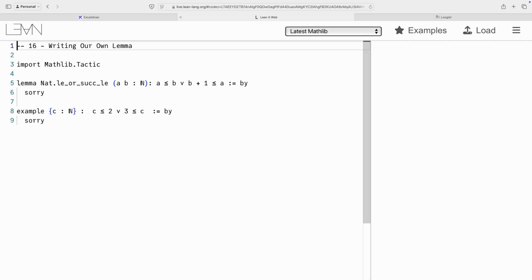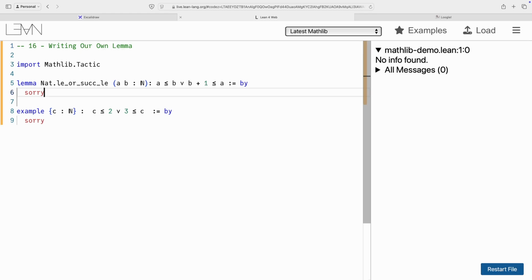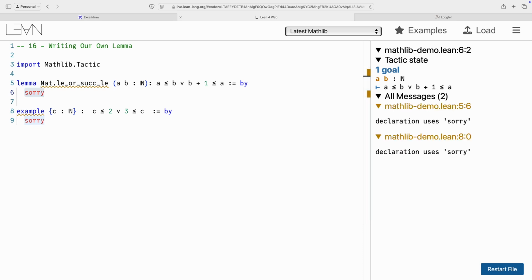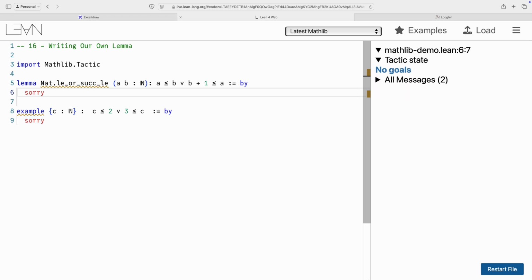and it's saying, yeah, mark it with a warning that we haven't completed the proof, but don't let that break the flow. So it's a way of saying we'll come back and finish this later. So let's look at the messages saying declaration uses sorry. So it's not forgotten that we haven't finished our work, but it's a way of saying, well, don't break everything just because we haven't done it yet,